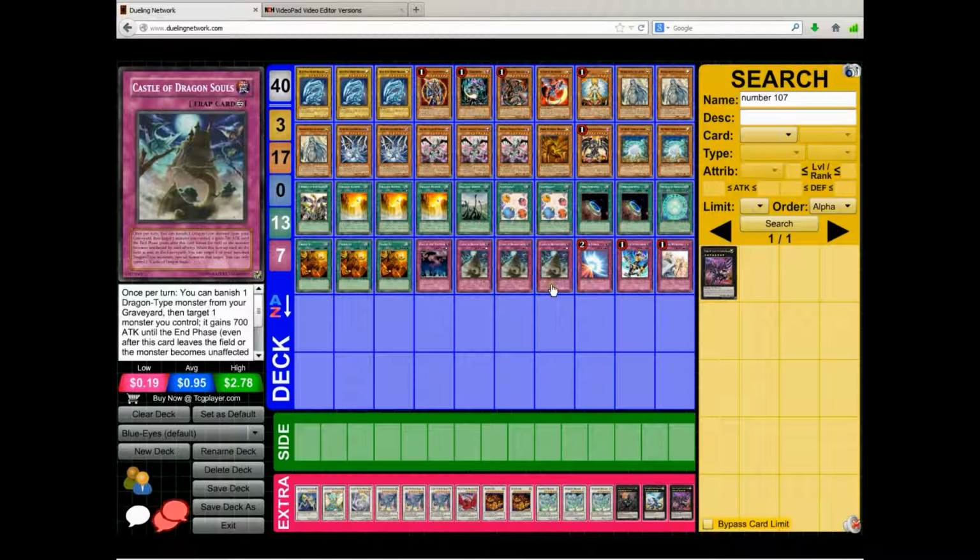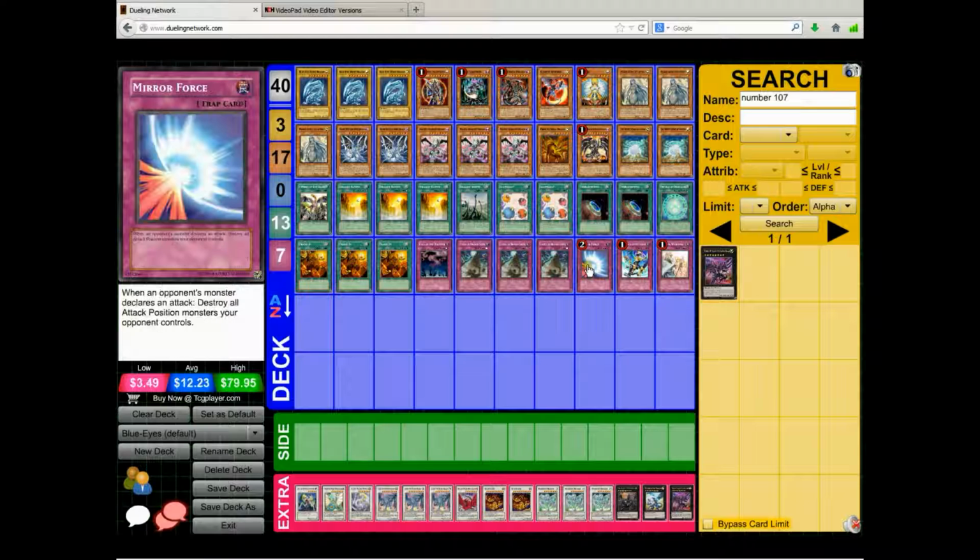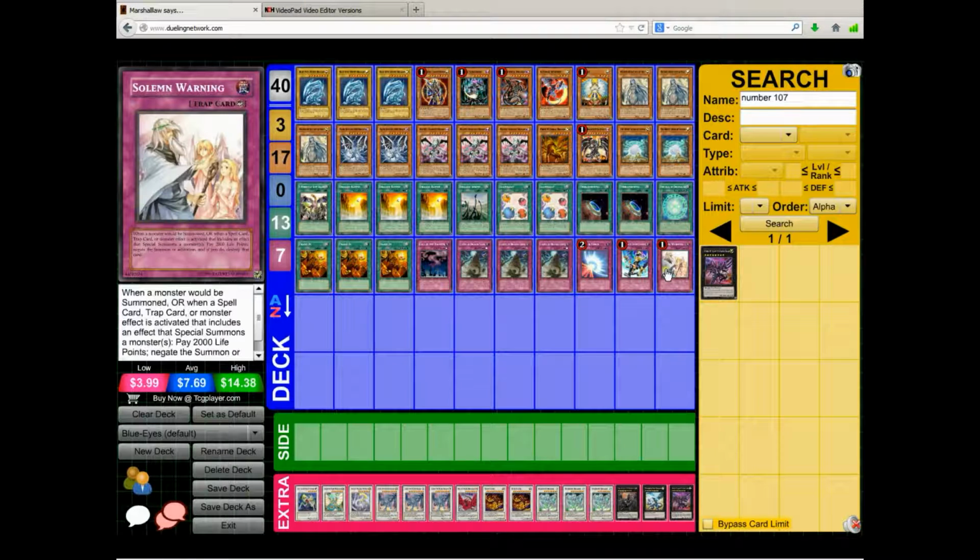They probably are going to be counting on you playing Castle of Dragon Souls as soon as they see the blue eyes. But game 2, if they see the Mirror Forces on 1, of course, that's when you're going to be really having control over the game. So,